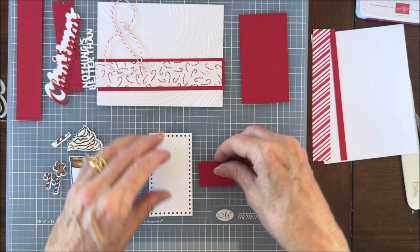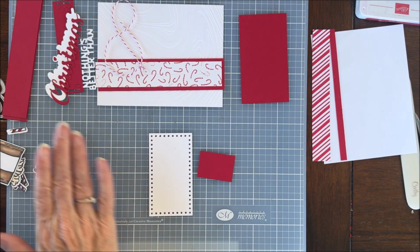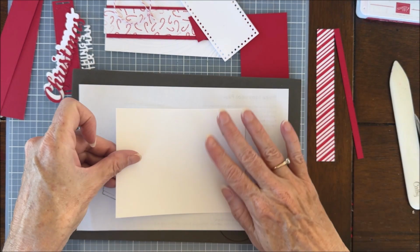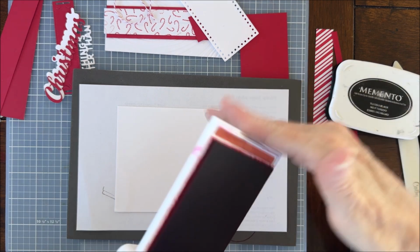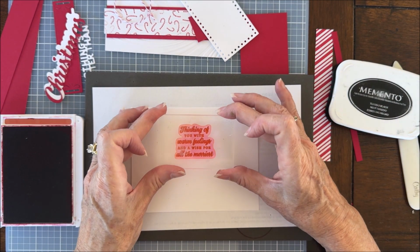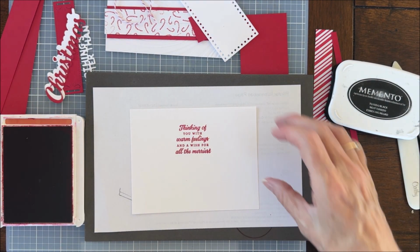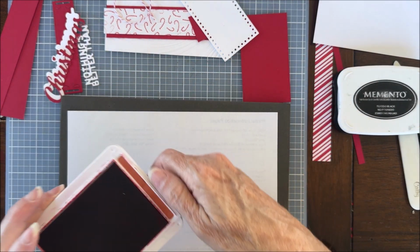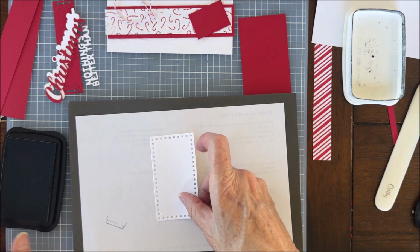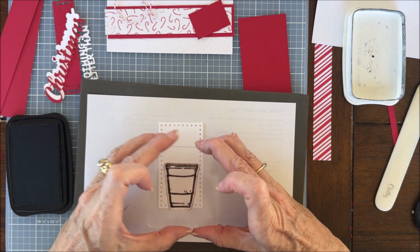All right, let's do our stamping first. So I'm going to get that all out of the way. The first bit of stamping we'll do is the inside of our card with the real red. And that's the Thinking of You. Like that. So that's all done. With the Memento Black, we're going to stamp the cup first, down at the bottom here